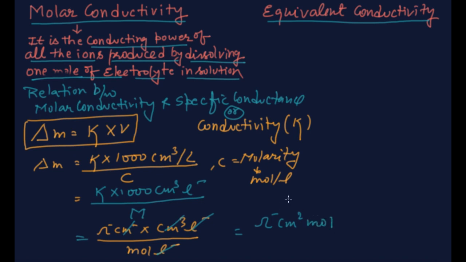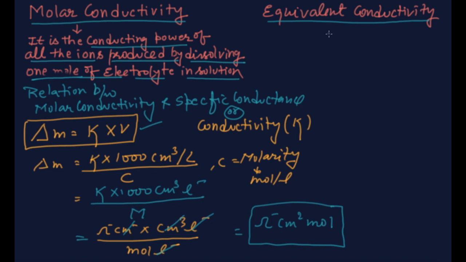This has been asked a number of times. I have seen with my own eyes in the CBSE examination and other examinations also. Whenever you put in the numerical, then take 1000 also into consideration. So either its numerical will come or its unit will come. One last equation, second molar conductivity, and third I will tell you Faraday's law. Out of these three, one will come in the exam definitely.